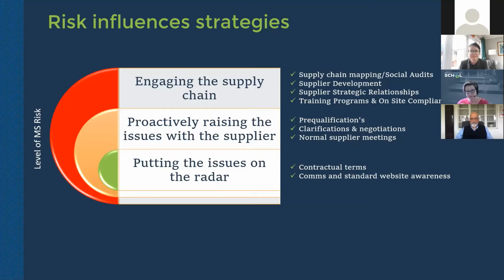UN guiding principles for business even talk about a proportional approach. Modern Slavery Act talks about a proportional approach. So really what you're looking to do is not tick boxes, but identify opportunities to address anything that you find. So risk influences the strategies that you adopt. As procurement teams, whether you are a supplier reacting to requirements or procurement people setting those requirements, understanding that risk heat map, whatever it looks like, really then starts to help you identify your next stages.